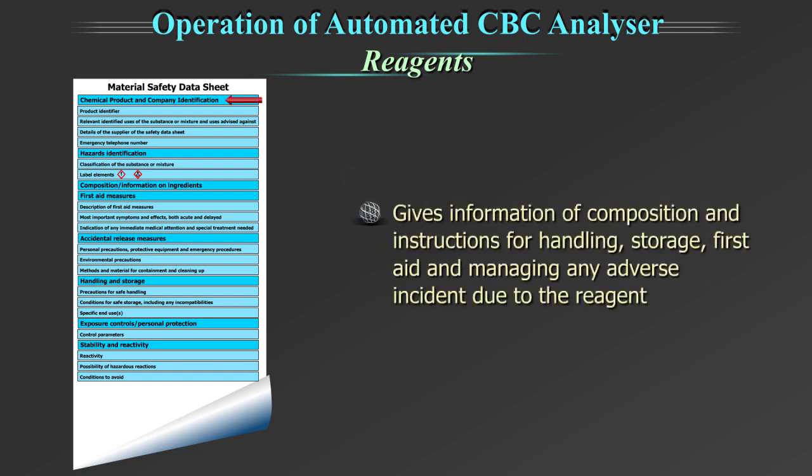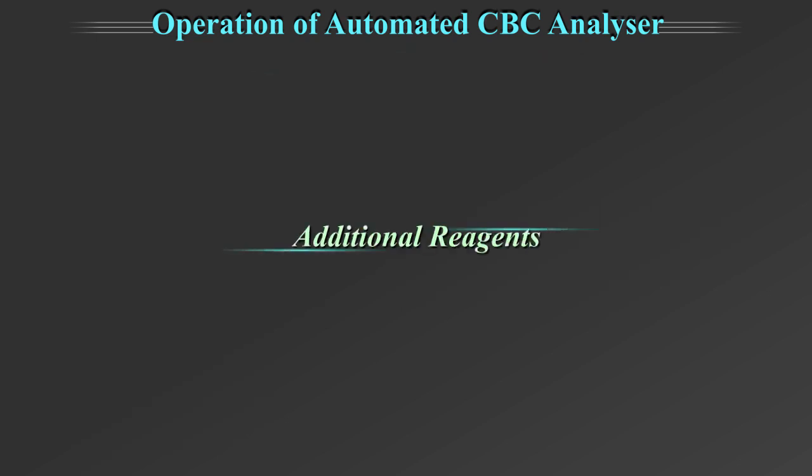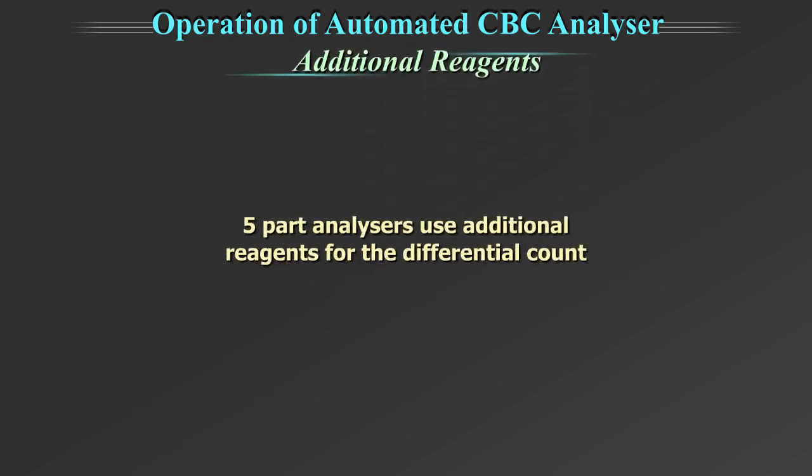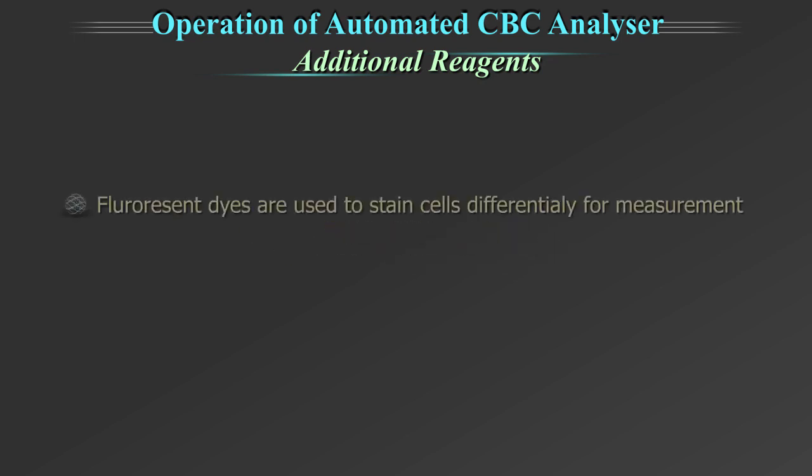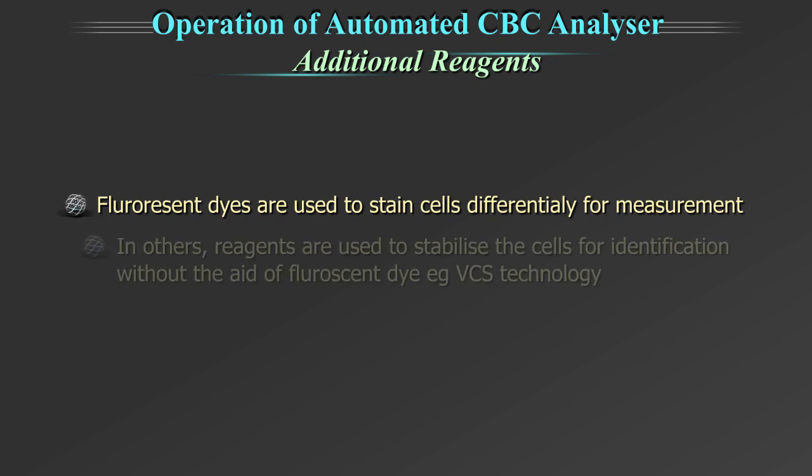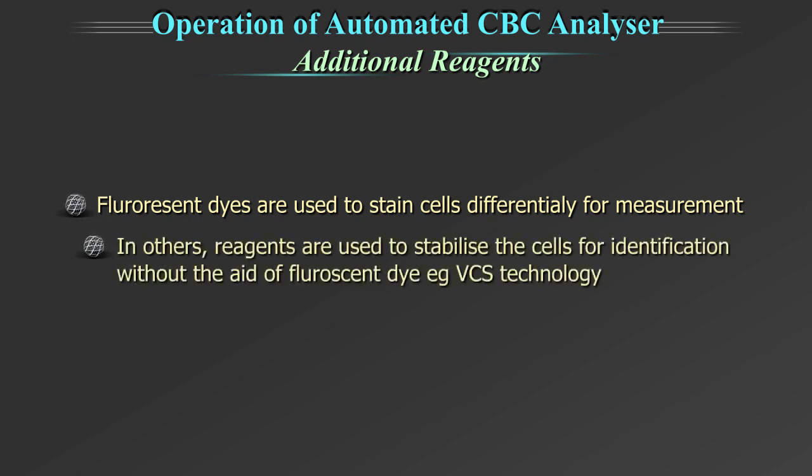It gives information on composition and instruction for handling, storage, first aid, and managing any adverse incident due to the reagent. In addition to the above, 5-part analyzers use some additional reagents for the differential count. In some 5-part analyzers, fluorescent dyes are used to stain cells differentially for measurement. In others, reagents are used to stabilize the cells for identification without the aid of fluorescent dye, as in volume